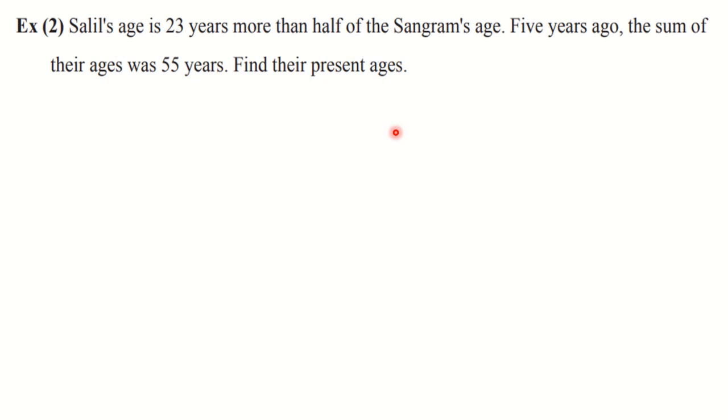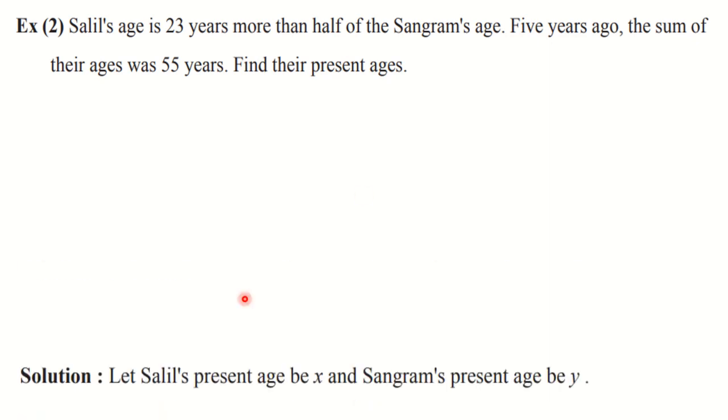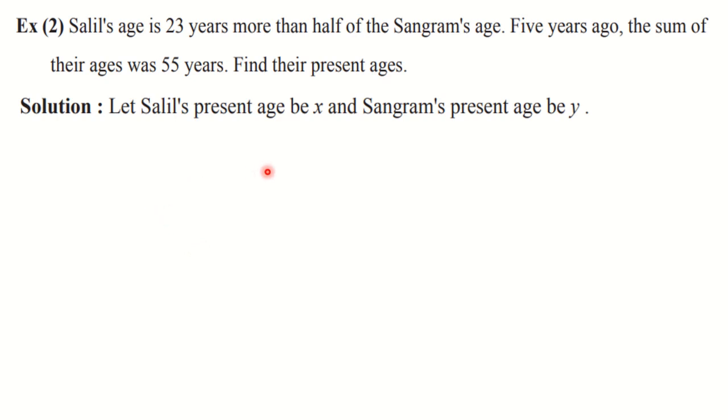Okay. So our first statement will be: let the present age of Sahil be x years and that of Sangram be y years. Writing the word present is important because here in one condition the age 5 years ago is also mentioned. So you will start with that. In the textbook it is given let Sahil's present age be x and Sangram's present age be y. Here they have not used the unit, but always keep the habit of writing the unit. Here age, so x years and y years.